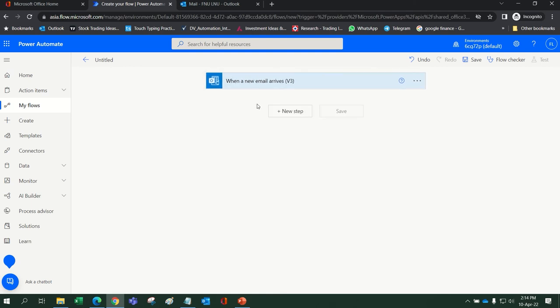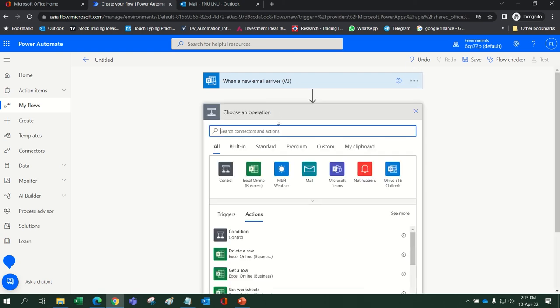Now it is time for the next activity, or the action. In here, what we want is that every time there is a new email, our robot, or this Microsoft Power Automate flow, should look for the attachment and download that attachment into one of the folders in OneDrive for Business of that user. So let's go ahead and search for OneDrive for Business, and this is where the